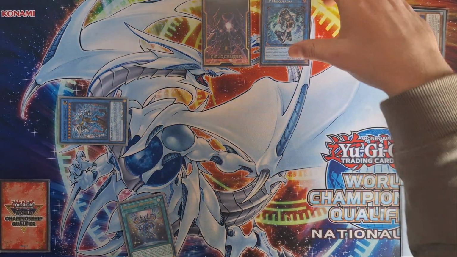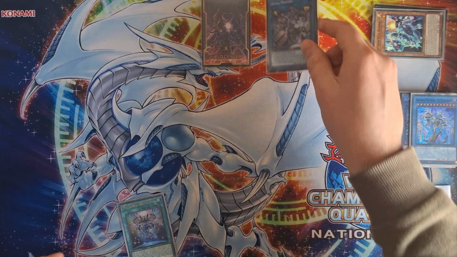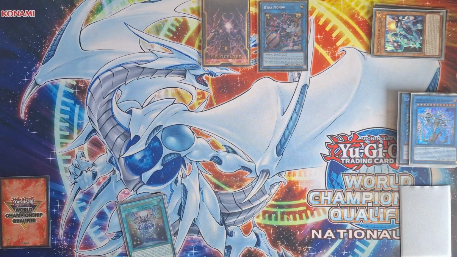Then you go IP Masquerena. You link with itself and the Dad, and then you can summon out Dynamondo. So Dynamondo is an insane card for this deck. If this card is special summoned, target 1 card on the field and 1 ritual monster in your graveyard, shuffle